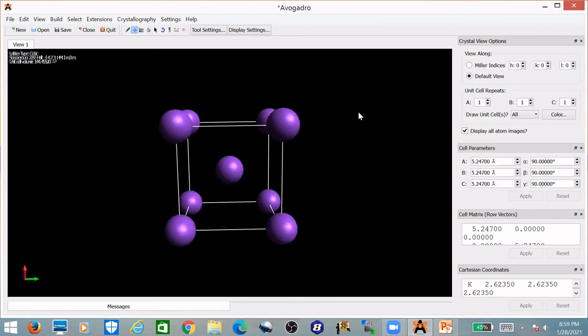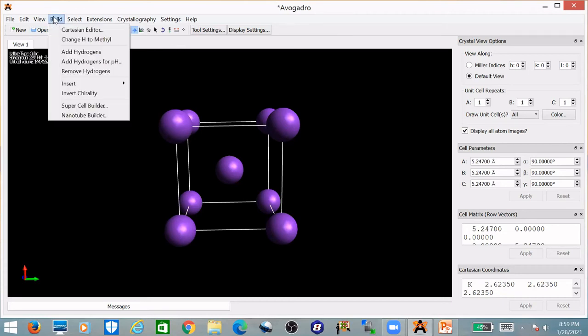Now, crystals are not a single unit cell. If you want to create a supercell, you have to replicate this, and for that, you have to do a translation operation. Avogadro has that feature. Go to the build menu. There's an option called supercell builder.